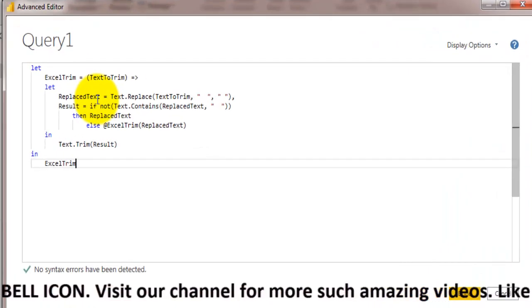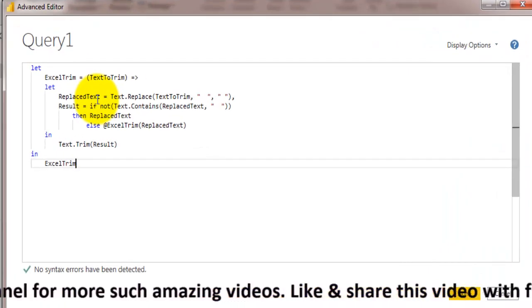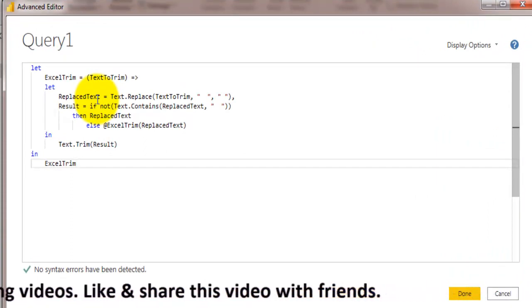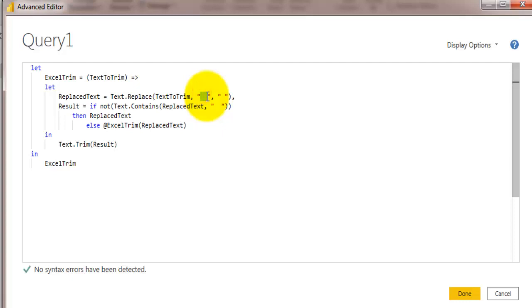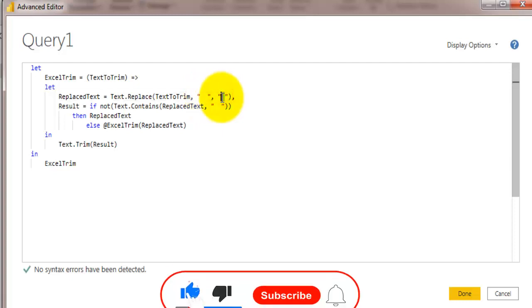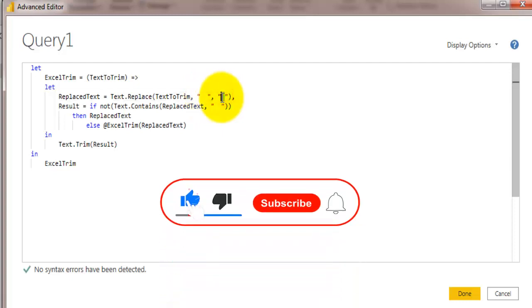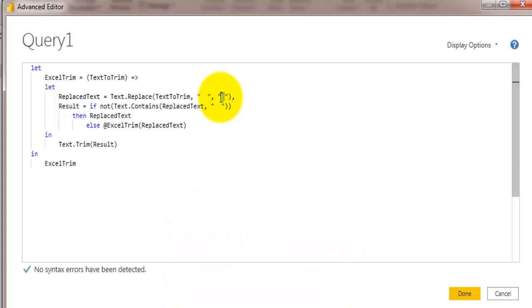What this code does is it takes an input field where we want to perform trim operation, and it replaces all the double spaces with the single space. But it also checks whether there are furthermore instances of double spaces in the text. If there are, then it will again call this Excel trim function itself, and it will keep performing this activity of text.replace unless we have only one space between two words.